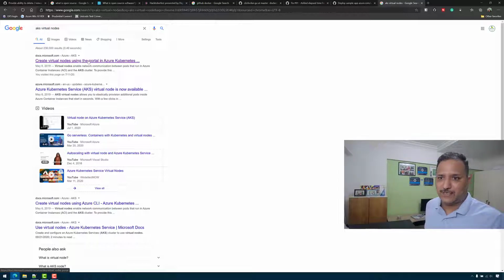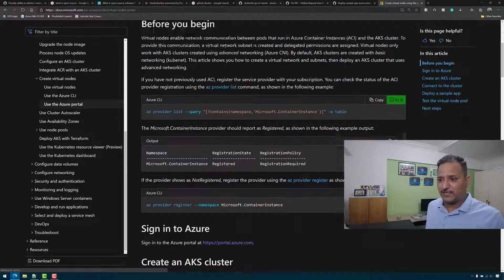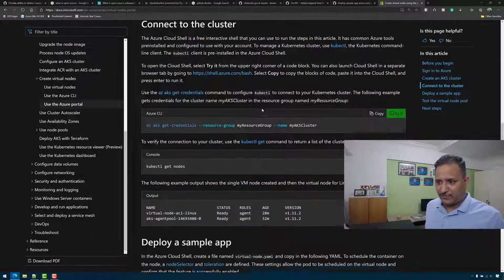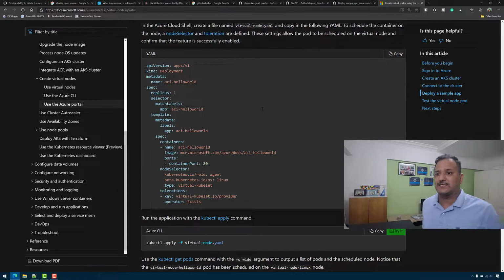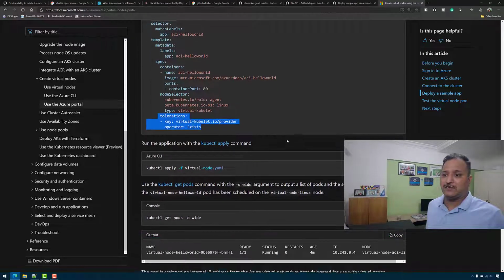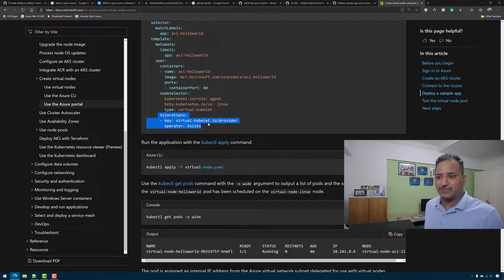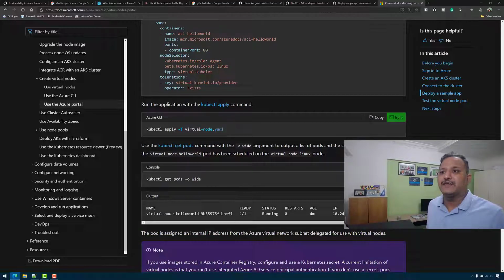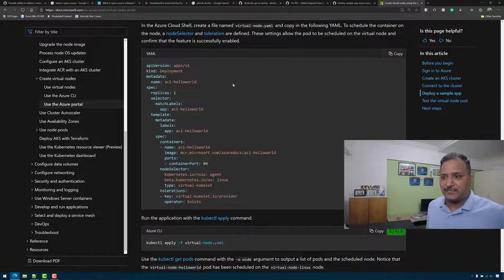This is the documentation I'm talking about, create virtual nodes using portal in the Kubernetes. And if we scroll down, this is the YAML file which has those node selectors and the toleration. So if you look at this toleration here, right now it is showing only one toleration, which is to say there is a key called virtual kubelet.io in provider